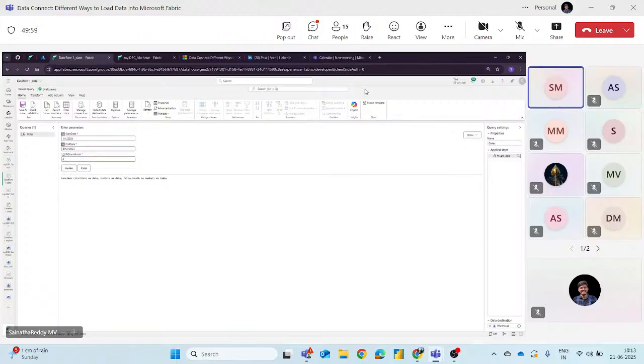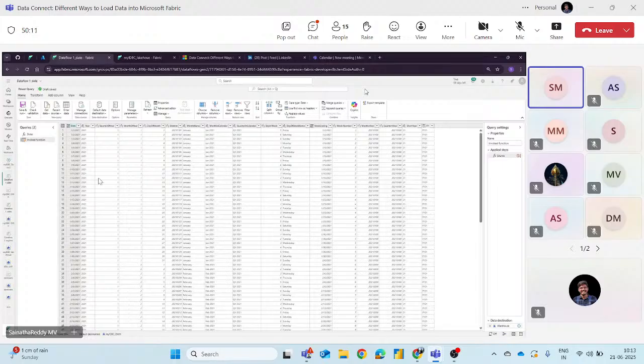The date format here is month followed by date. Just click on this invoke function. It will create a date table here. So if you see, this is the date table you have added.